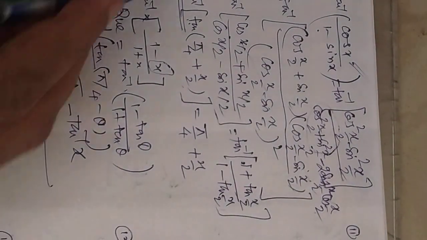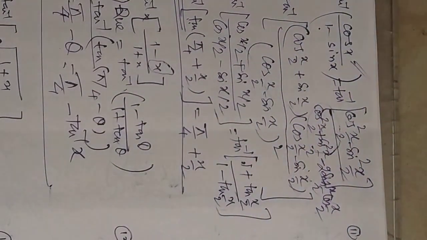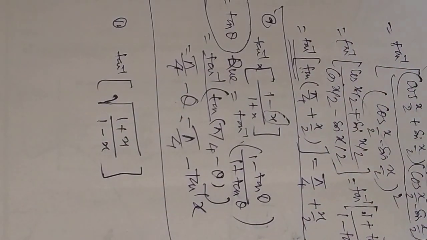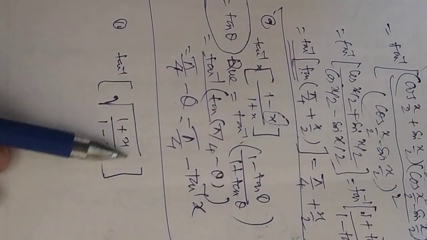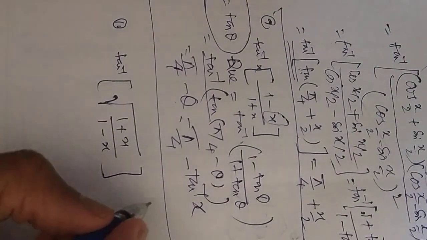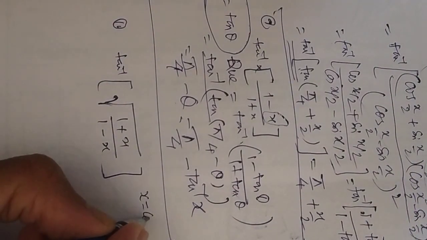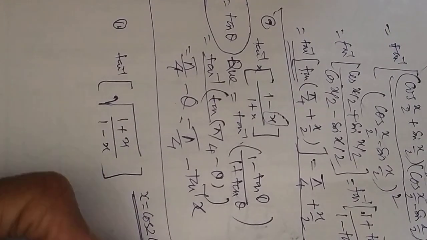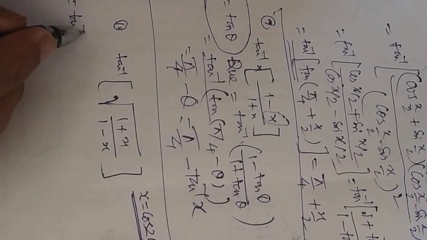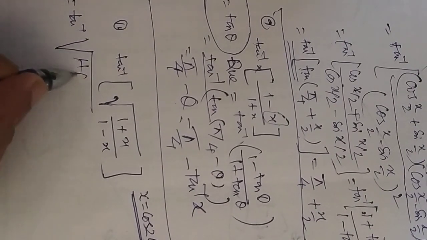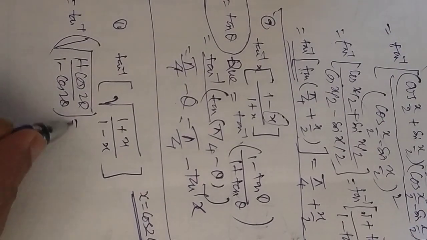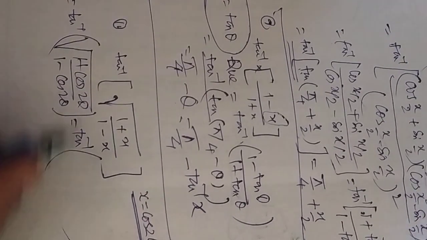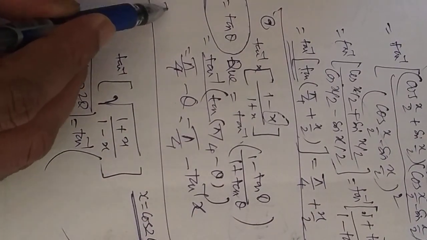See the next question: tan inverse of (1 plus x) upon (1 minus x). In this particular question, you cannot replace x equal to tan theta. If you replace x equal to tan theta, what will happen? You will get a formula over here, but that root cannot be vanished in this particular question. So the better replacement is x equal to cos 2 theta. See here how to get tan inverse of root under (1 plus cos 2 theta) upon (1 minus cos 2 theta). Now, what is the cos 2 theta formula?